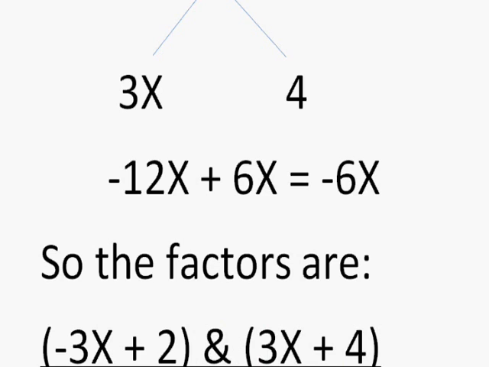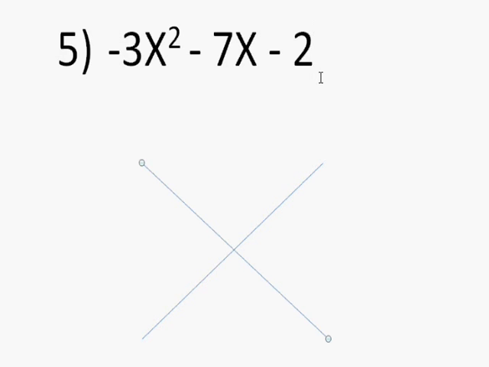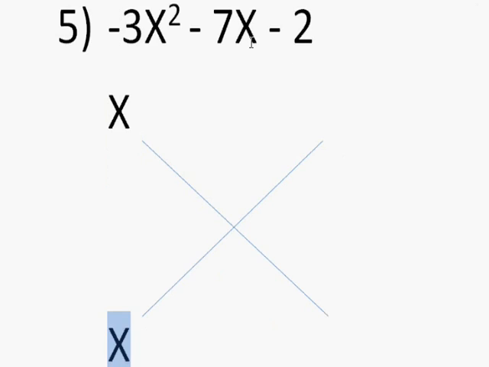So let's move on to the last problem. Question number 5. Negative 3x squared, negative 7x, negative 2. So as usual, the x squared could be written as x times x. Then here we get negative 3, right? So this 3 could be written as 1 times 3, right? So there we can put 1, but usually we don't write 1